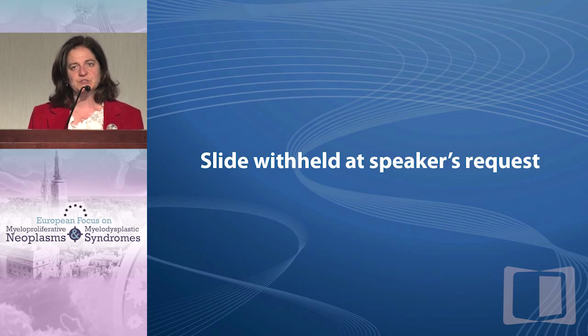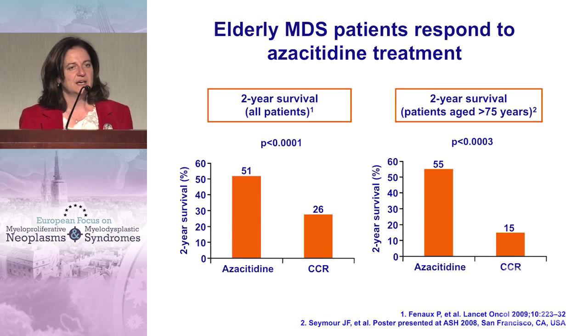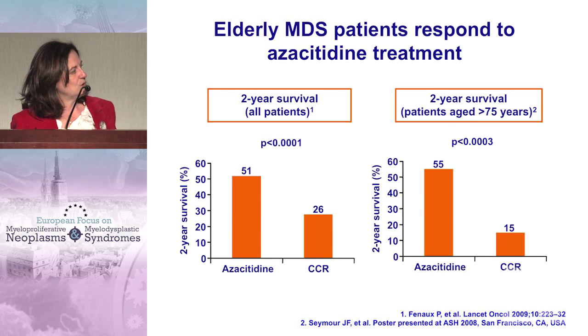And then age. Very often I hear colleagues telling me, okay, but this patient is 75 or 76, so I don't treat him or her. Now, of course, age is a risk factor, but we shouldn't base our choice on age. We should have another hour to speak about frailty and comorbidities. What was clear is that patients above 75 respond very well to azacitidine, even better than the general